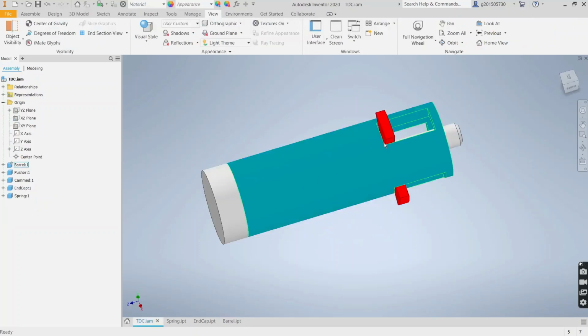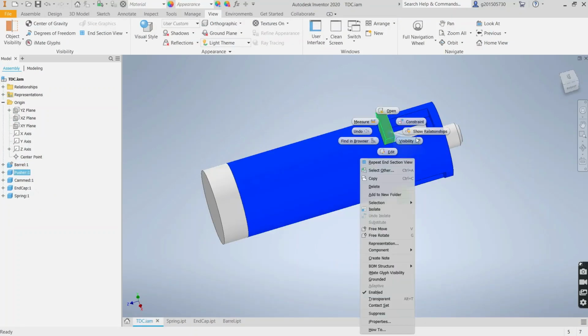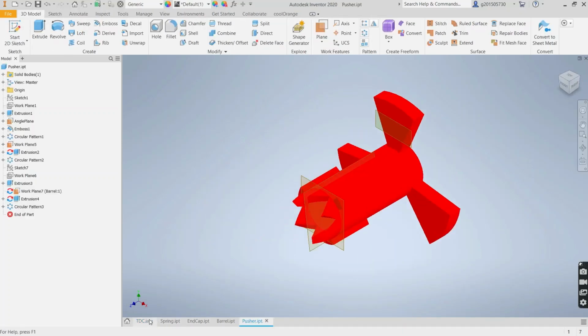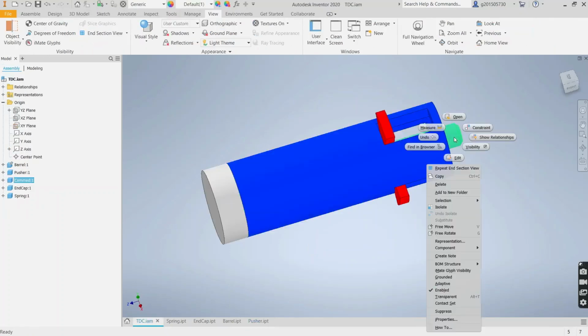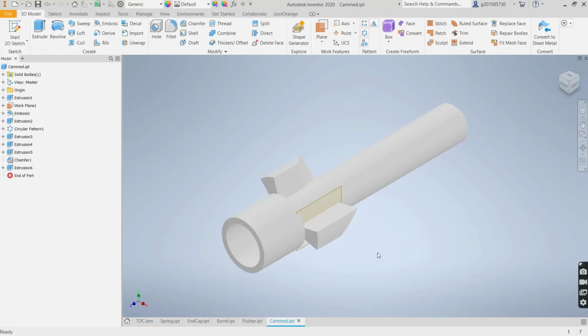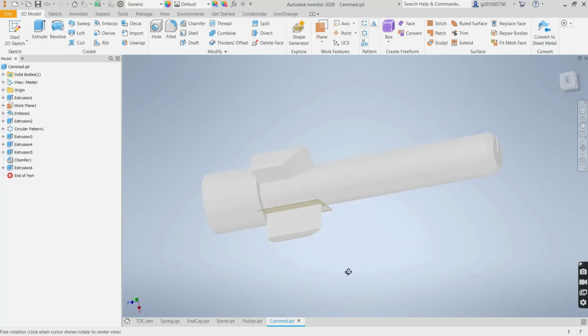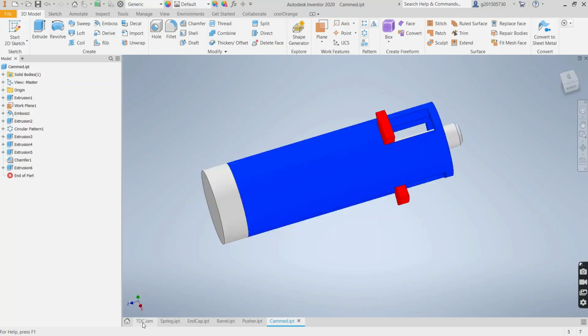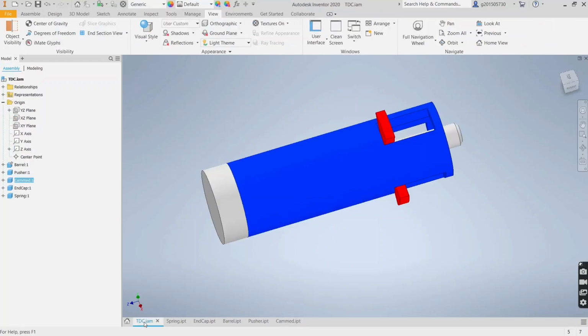And then you have the pusher. The pusher and the barrel are actually printed together as one piece. And then the last piece is the cam. And the cam is actually the only piece that's allowed to rotate within the Clicky Pen mechanism. Everything else stays still. So if we take a half section view of this part,